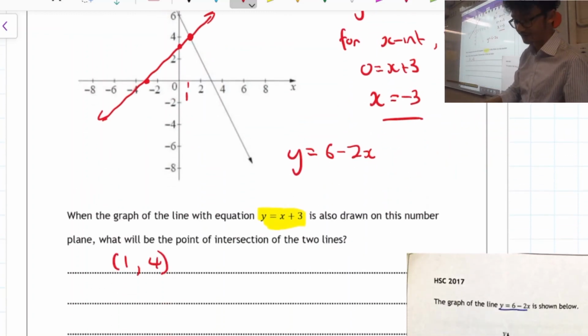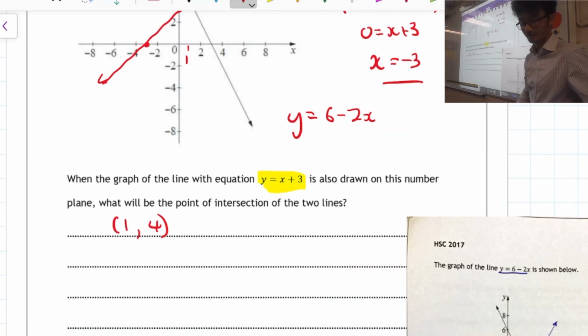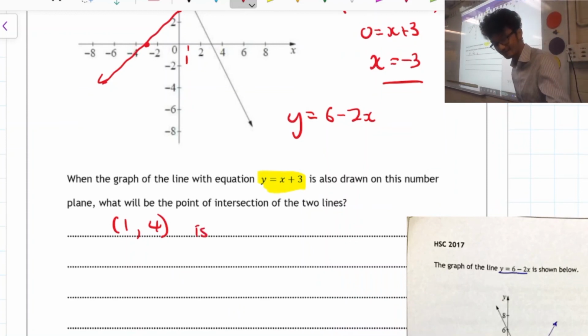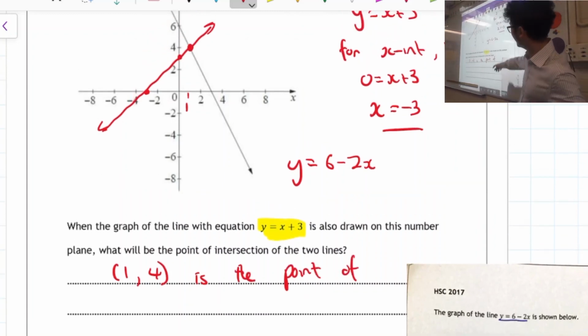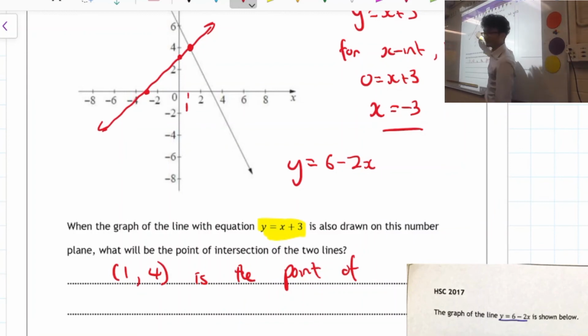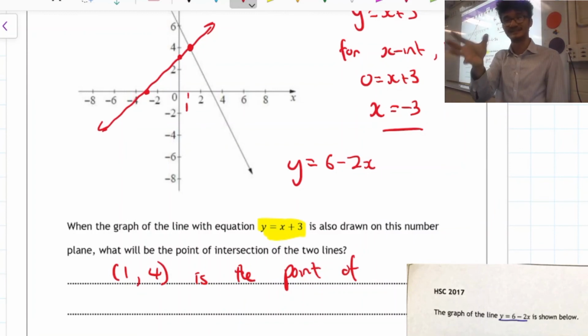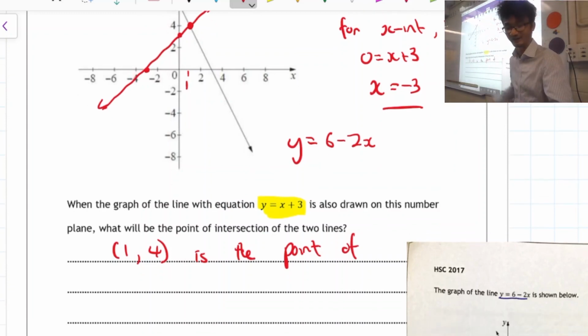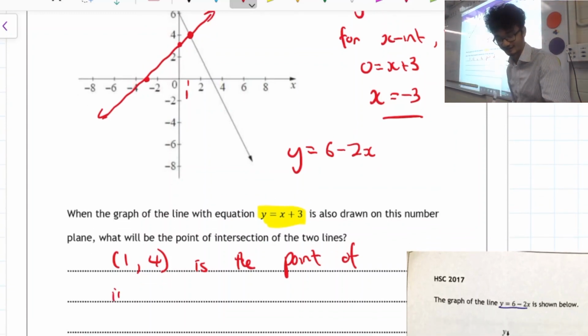But for this one over here, thank you. I don't get full marks. The 1 is in between the 0 and the 2 here. But like I said, in an exam, they'll give you a grid. I don't know why that one doesn't have it. Sorry about that. Does that make